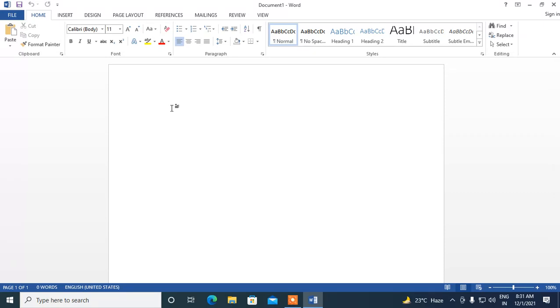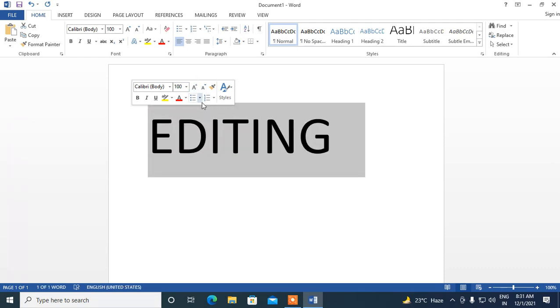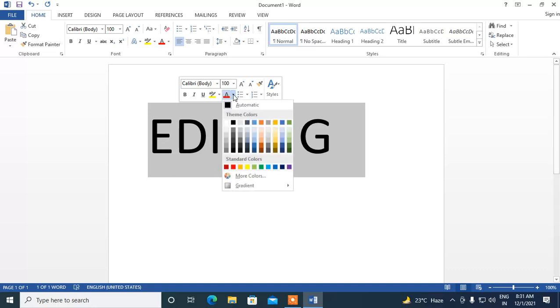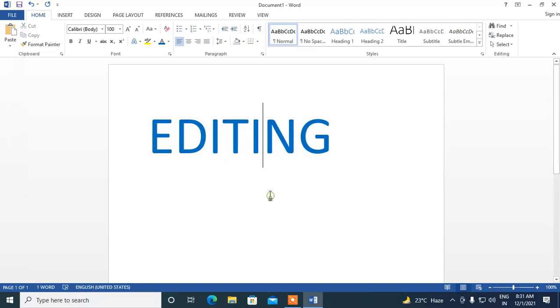So if I write editing over here, EDITING, I can enlarge the editing part like this. So once I do editing, I can increase the font, I can color it, I can make it blue, I can make it any color from here of my choice. And once I make this my choice, I find that the name of the chapter is selecting and editing text.